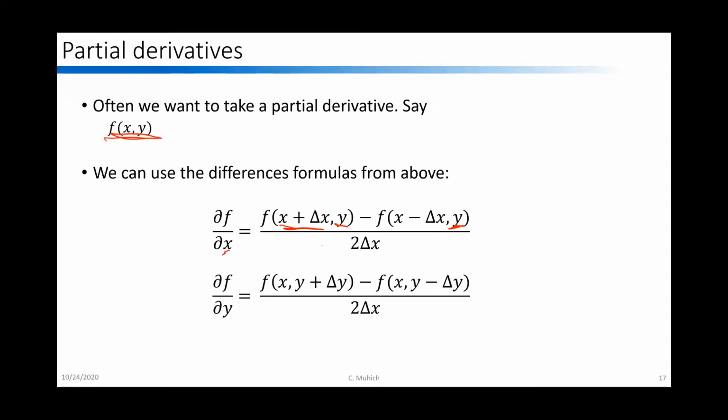I can use the same idea, but if I wanted to look in the y direction, I keep x the same, and I just change y's with these different values. Here, sorry about that typo. There should be a y there, so 2 delta y. And I can do this using the central difference formula for the first order derivatives,